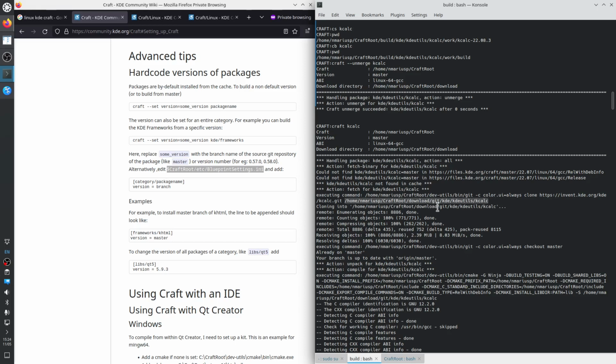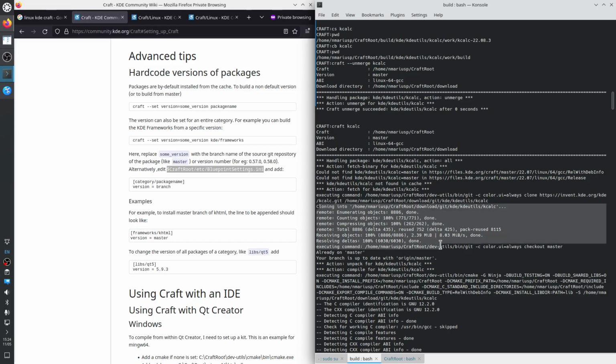So in a totally different directory. But I have cs, the shortcut to go to the source code, and cb to go to the directory where cmake does its things. So cloning into